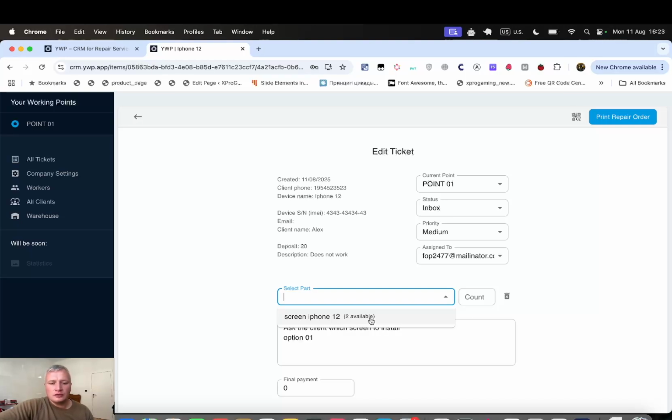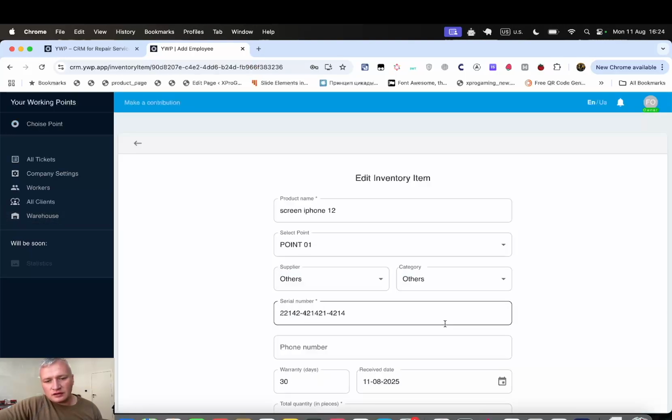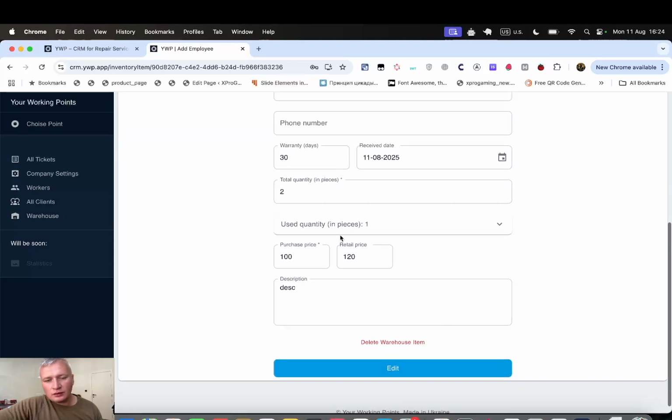You can use drop down or filter it by, for example, screen, by this field. For example, we will choose this inventory item count and update. So okay, now we can see, if you go to inventory items, that we use one